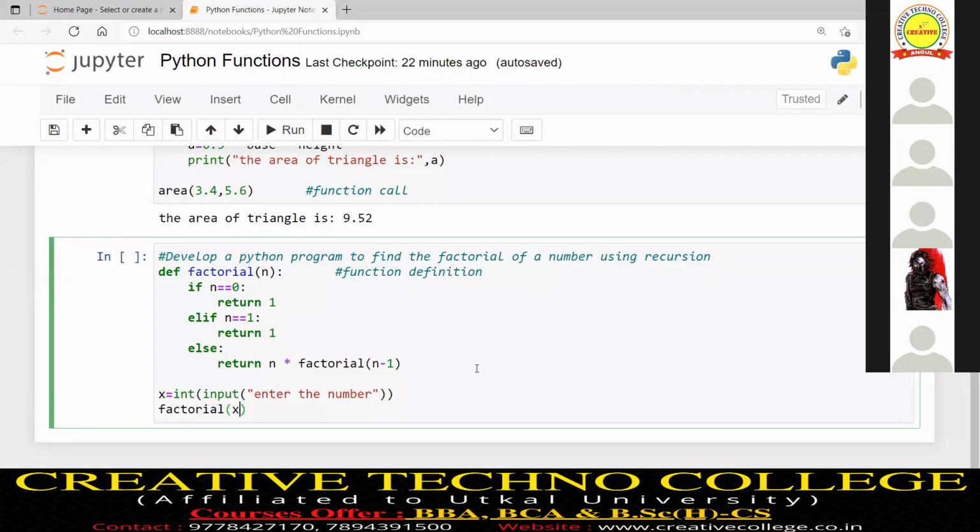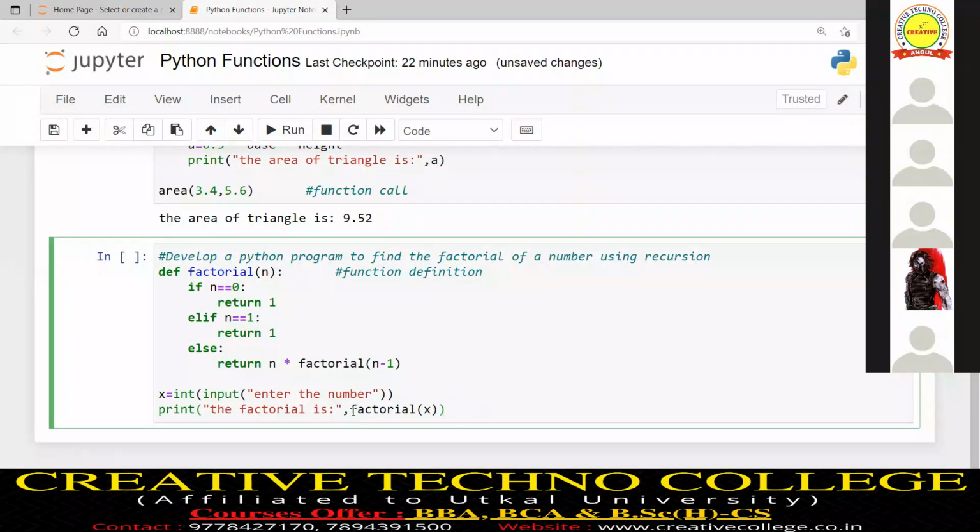But there is no output statement. Output statement you have to write, it is mandatory, because without output statement no output will come. So what I will do, suppose within a print function, within double quote, I can write the factorial is.